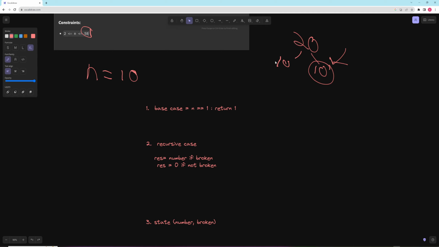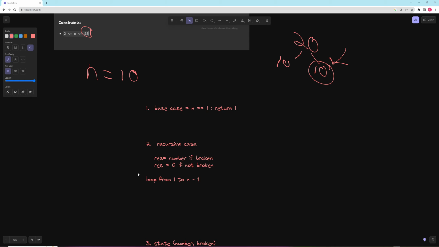And if it wasn't broken, then I'll just set it equal to 0, and then I'll have to at least have one break to maximize it. So that's going to be what we set our result to. And then pretty much we're just going to loop from 1 to n minus 1, right? So essentially we want to break it down into,